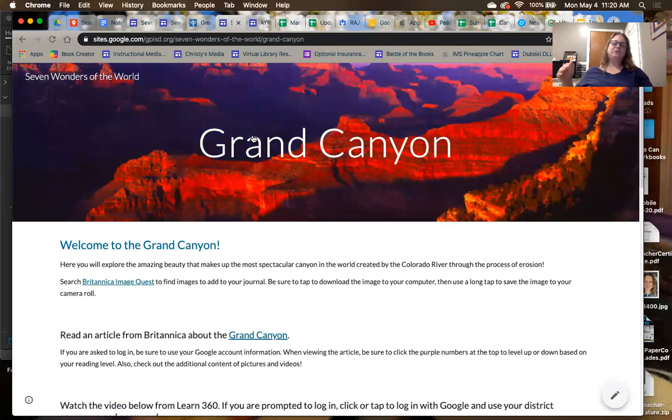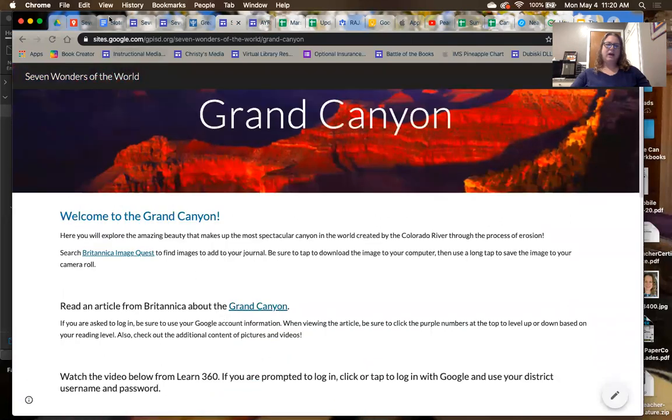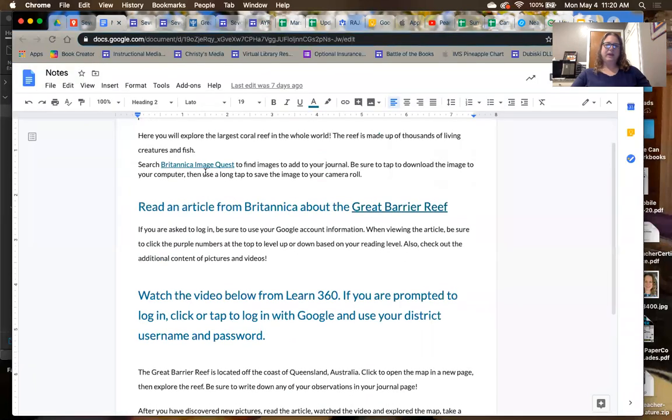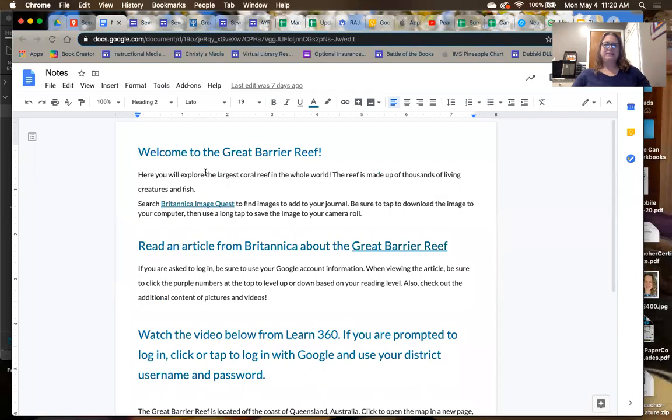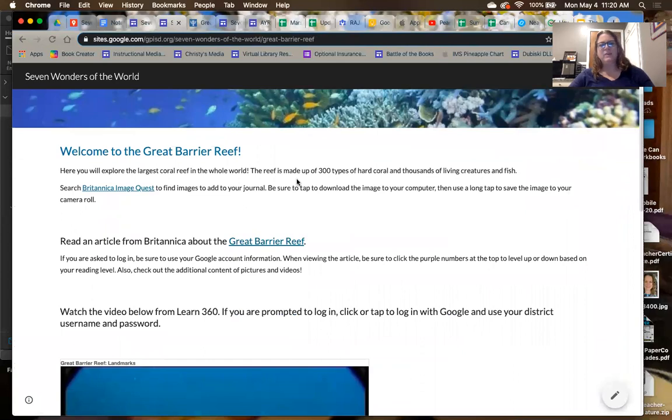And this is where my notes came in, because instead of having to rewrite all of this stuff, I wrote it one time on my notes page, and then I copied and pasted it from my notes page into the website. So I didn't have to continue to rewrite this over and over again. It did take me some time to find the Britannica Image Quest images,